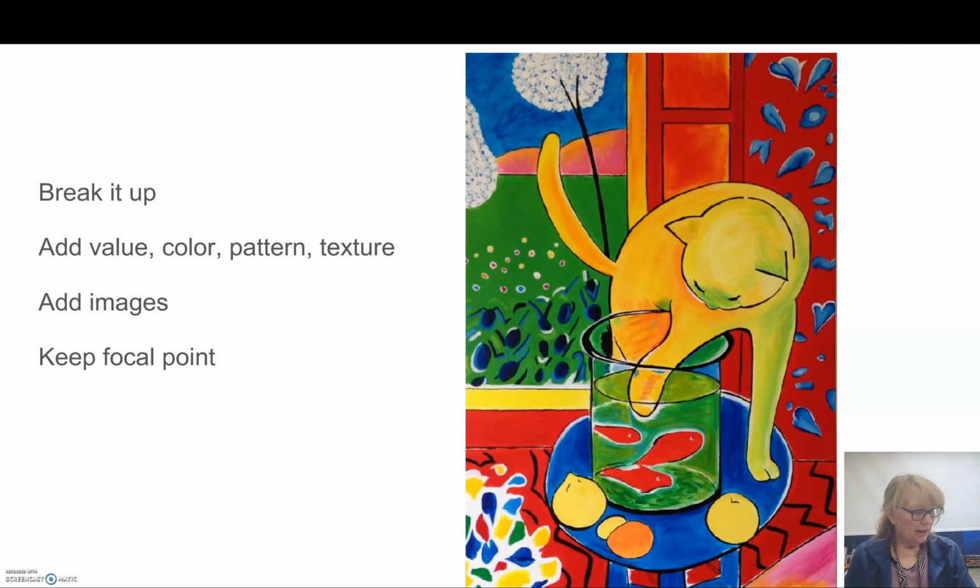So let's look at the negative space here. How did Henri Matisse, he didn't color in a negative space, right? But he made a more interesting negative space. What he did was he had